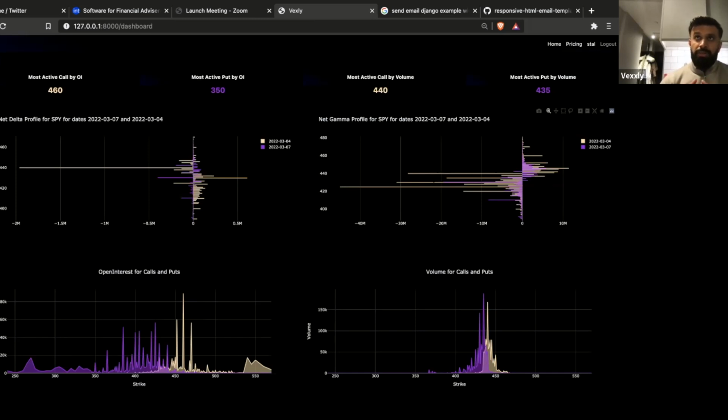The good part about it, at least from my perspective and how I drive my process, is identifying where short-term positioning is. And it's becoming more important now because funds are actively engaged in these shorter dated option trades. They're also taking part in this retail behavior where they're buying puts or calls on the short dated side. So I would look at this gamma profile as an example, and identify these key levels straight away, say 425, 430, 440, and so on,